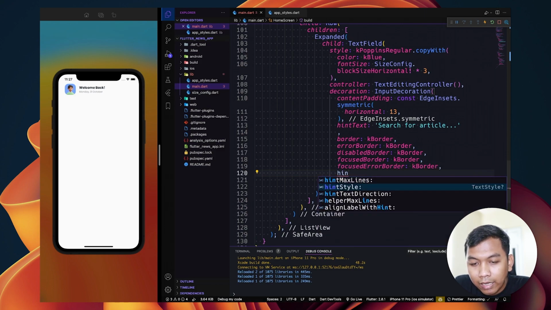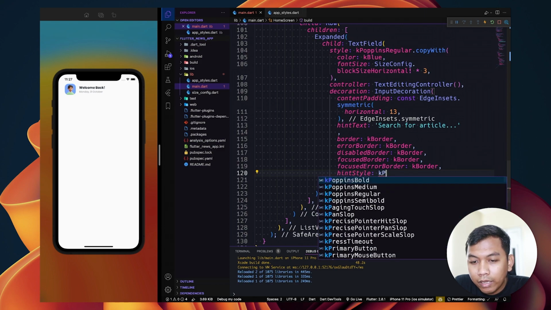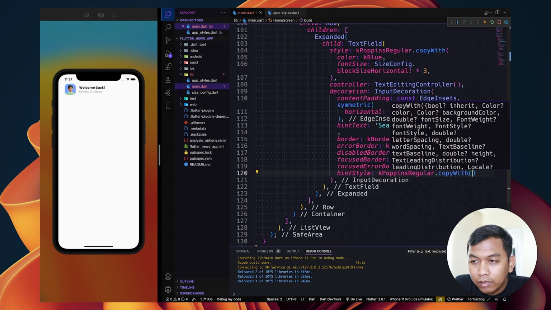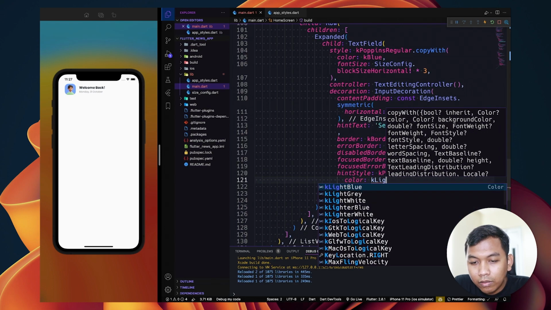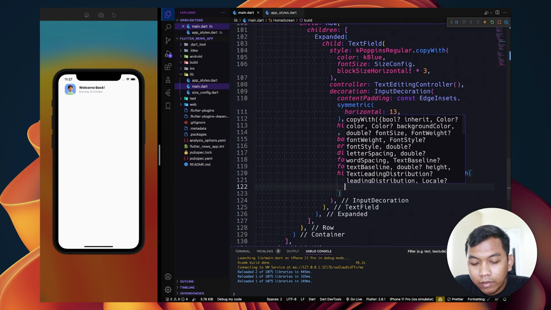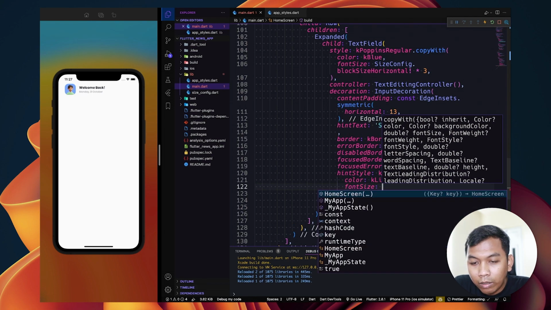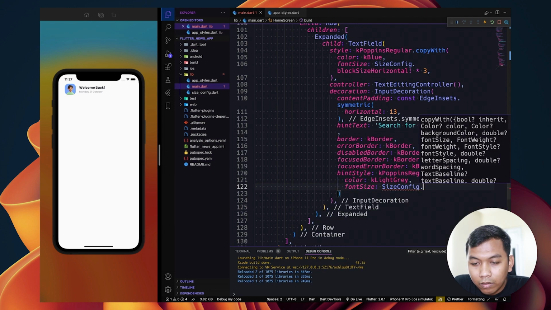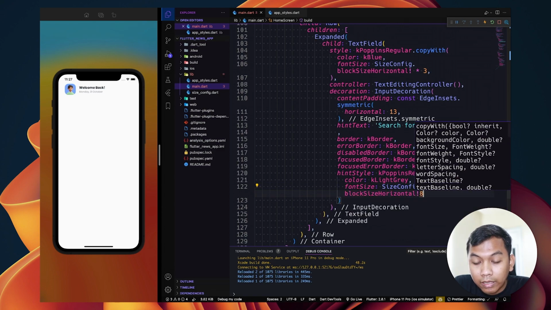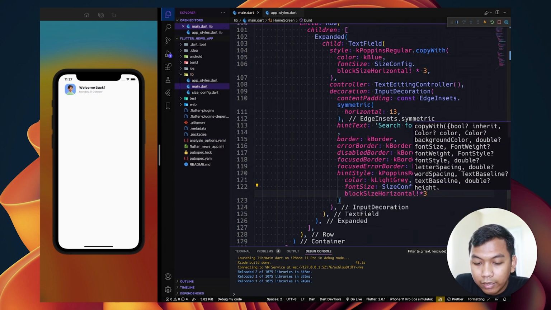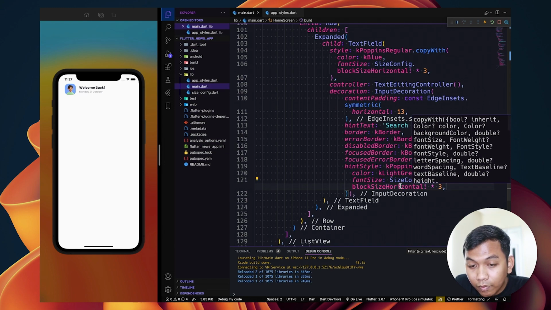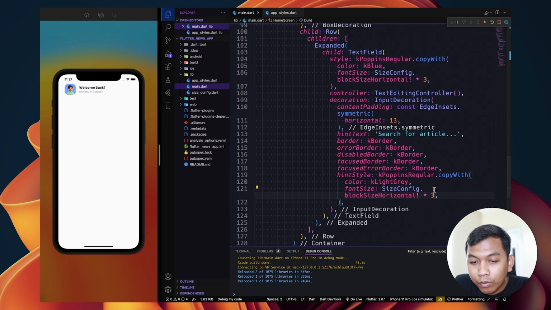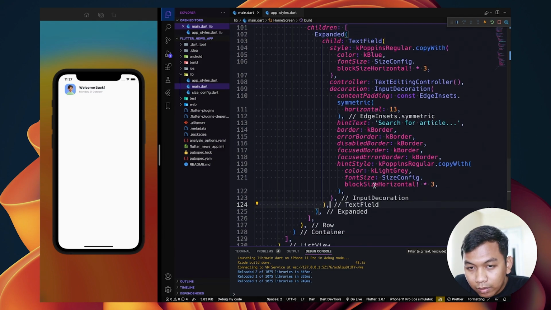And for the hint style will be regular, and change the color light gray, and font size will be 3% of screen width. Look like this. Alright, and the next,